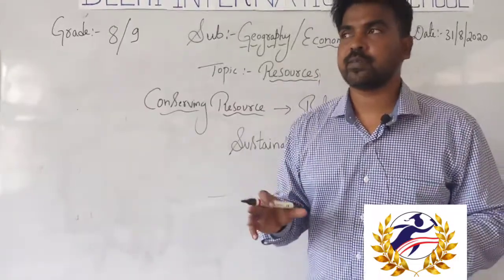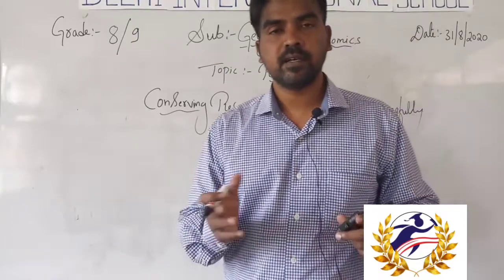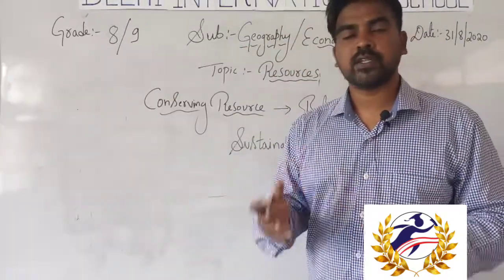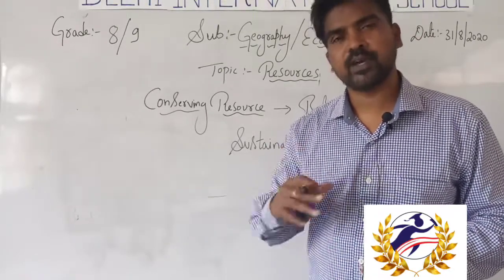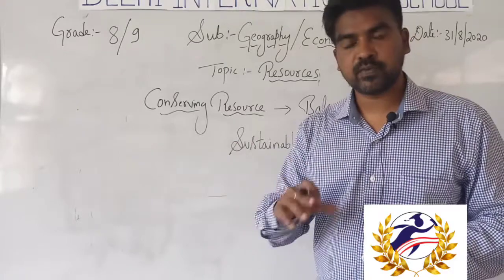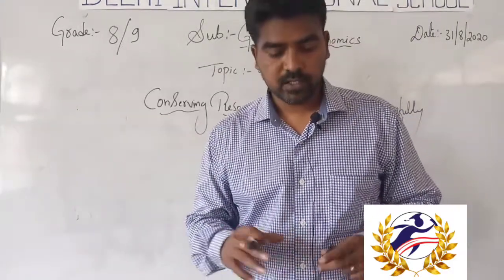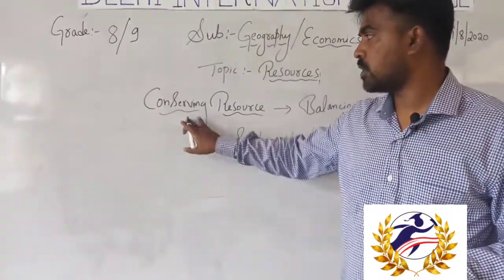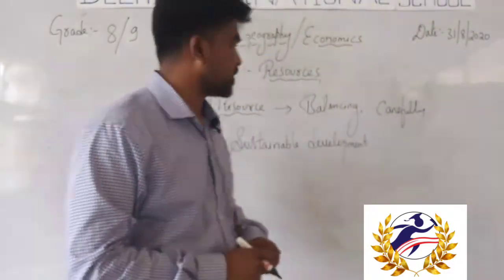We have 77% of water on planet Earth, but there is a scarcity, meaning shortage, of water. We have only 1% of fresh water. We know the quality and quantity of water, but we sometimes use it in excess. So avoiding all those things, using resources within limits, is called conserving resources. It is our duty and responsibility. So what is the meaning?